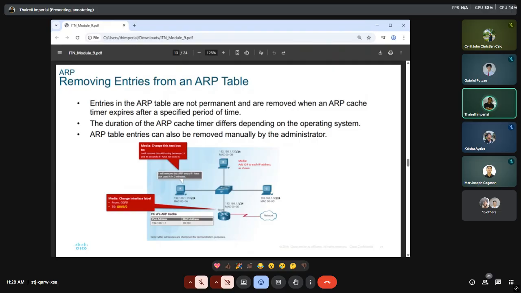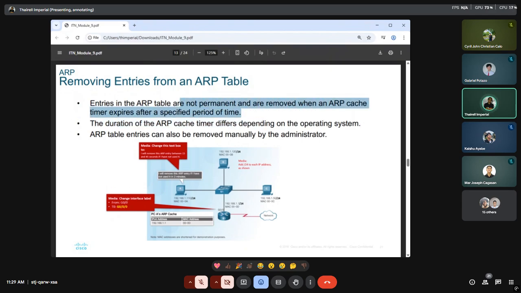When your end devices create an ARP table, or an ND table, the neighbor discovery table specific to IPv6, the information stored on those tables, whether ARP or ICMP for IPv6, are not permanent.